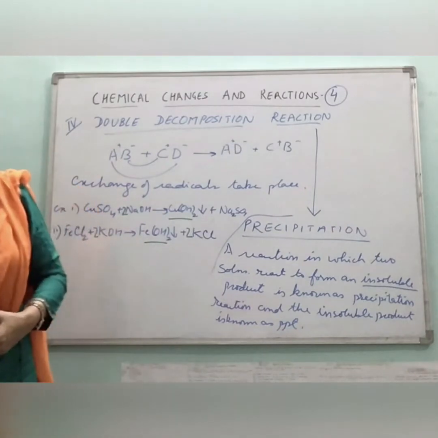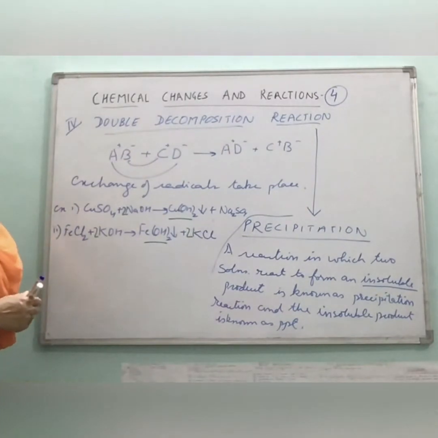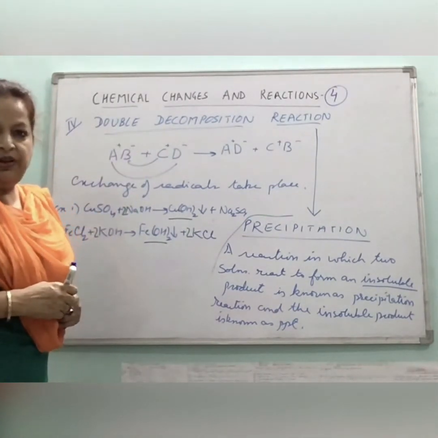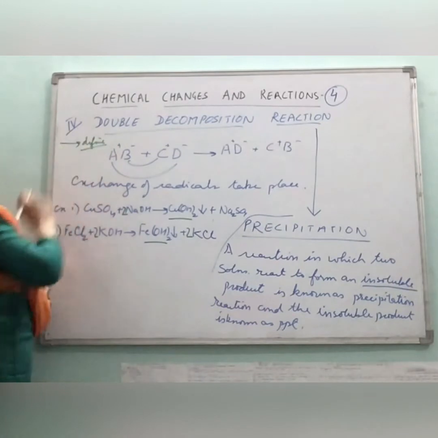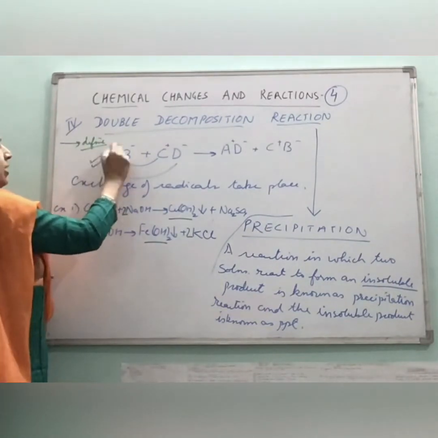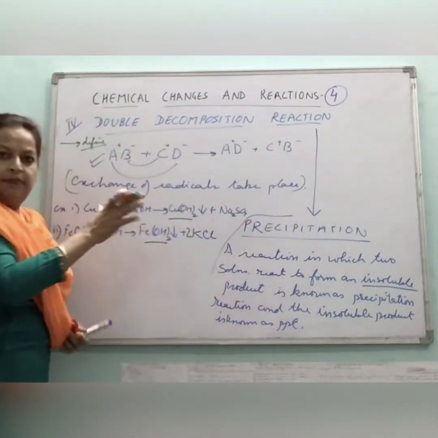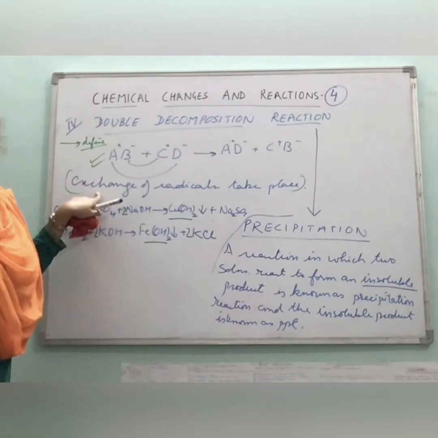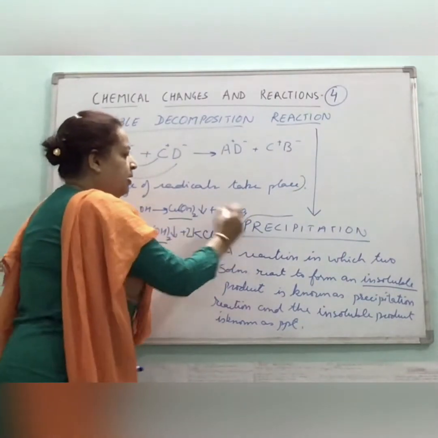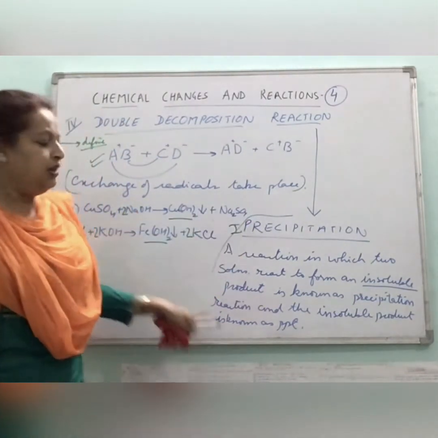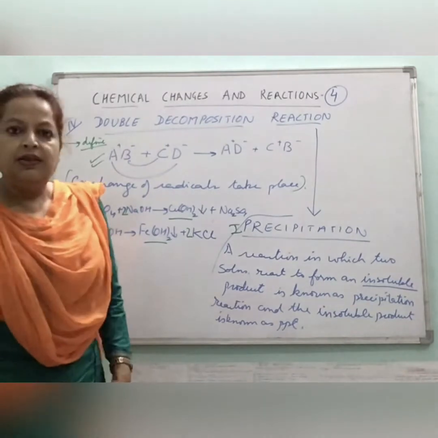Yes, as I was telling you, first of all, when you're writing the heading, children, this time I have not written the definition of double decomposition. So when you're given this heading, here you will define double decomposition. Then you will write this key word to remember, which is just a part of the definition. This would help you remember that in double decomposition, exchange of radicals takes place. Then you will give the first part, precipitation, the definition, and then these two examples, right? Okay, so this all should be in your notebook.